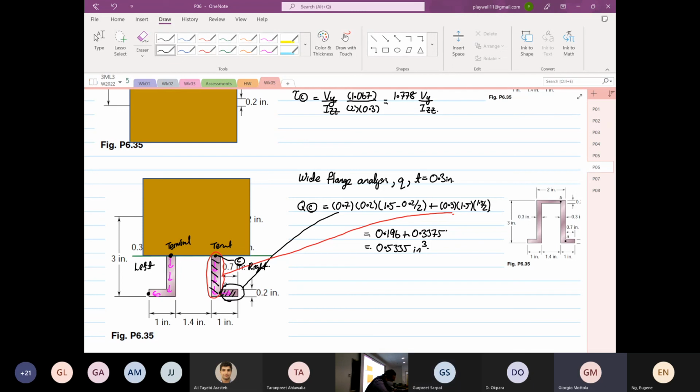The answer will be the same from the top and the bottom, right, sir? Say it again. The answer from the top and the bottom will be the same. Have to be the same. If it's different, I'm teaching garbage. It has to be the same because I showed it to you mathematically already. So bear with me. It will be the same. If it's not the same, we pack up. So the shear stress at point C